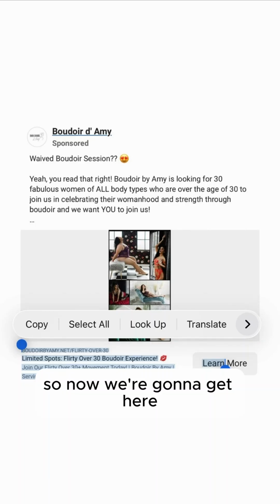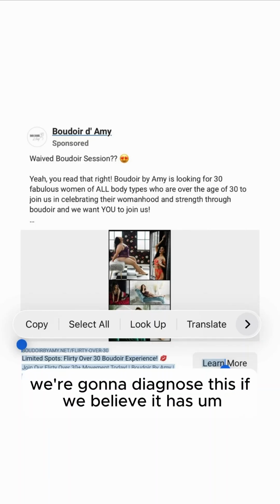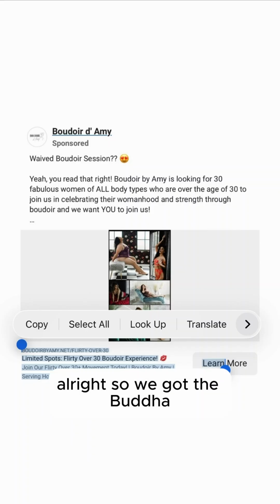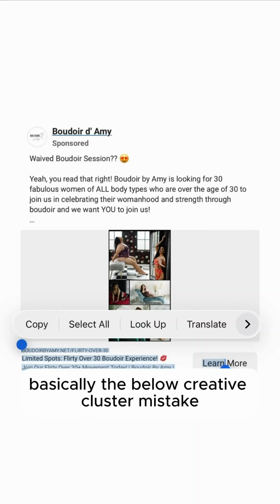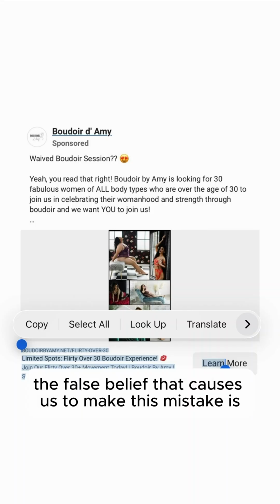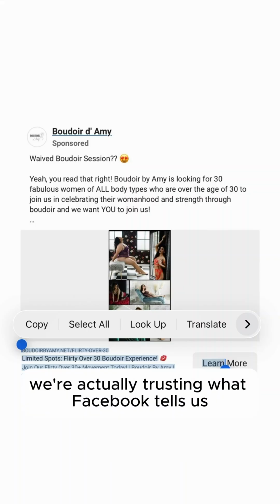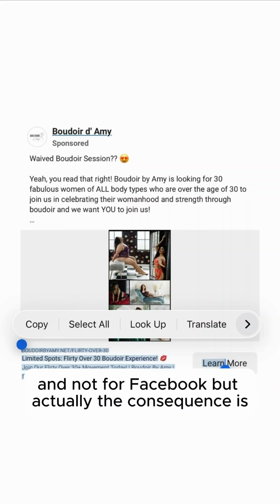So now we're going to diagnose this if we believe it has Boudoir low click syndrome. First thing I'm looking at is, all right, so we got the Boudoir, basically the below creative cluster mistake. The false belief that caused us to make this mistake is that we're actually trusting what Facebook tells us to fill out for our ad is best for us and not for Facebook. But actually the consequence is